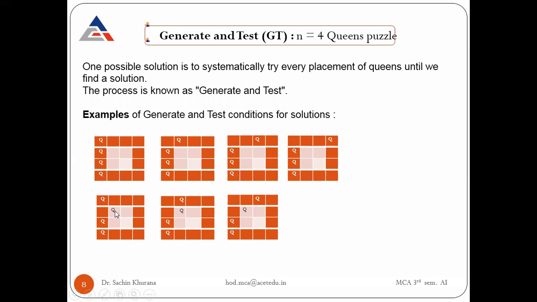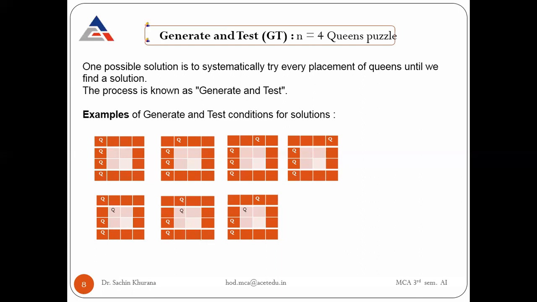If we are not able to find a solution at this particular location, that means we start moving the second queen also. If you go on testing all these locations for the first queen only, you will see there will be no location where this queen would be placed in such a way that no two queens will be attacking each other.